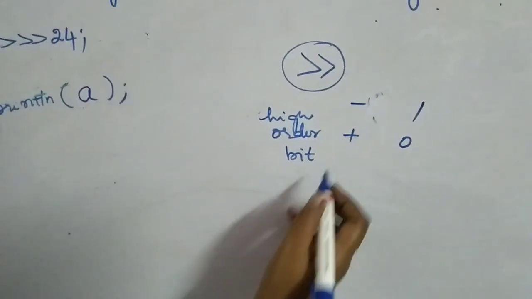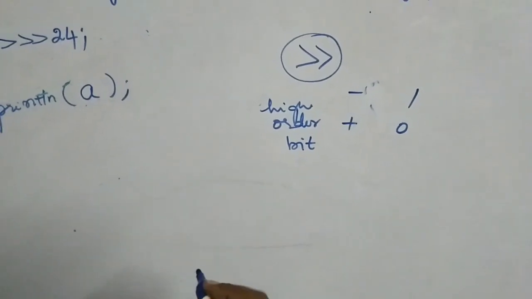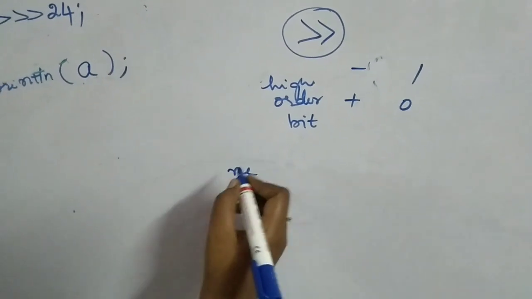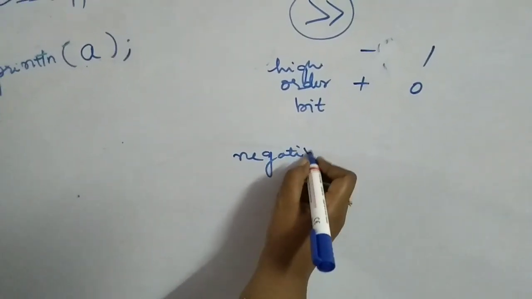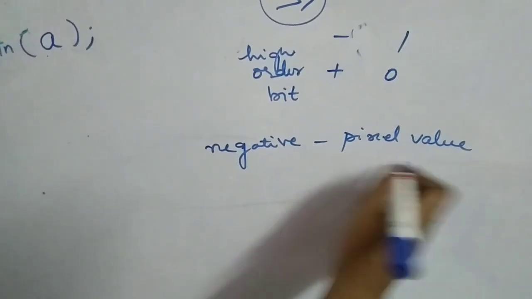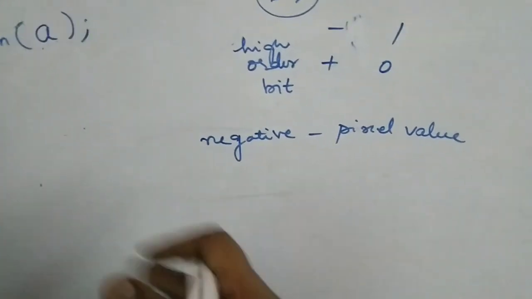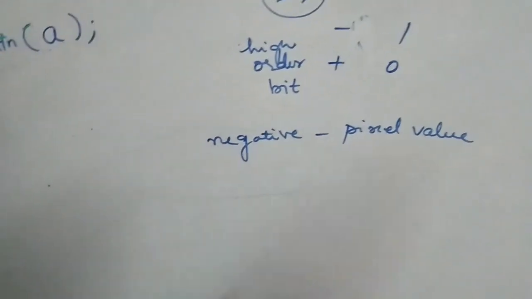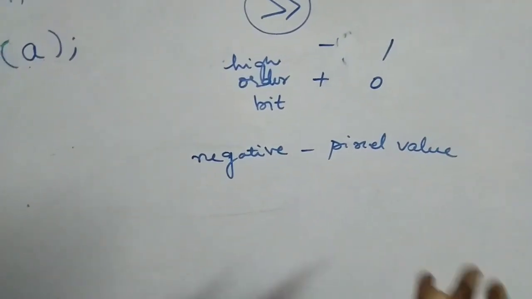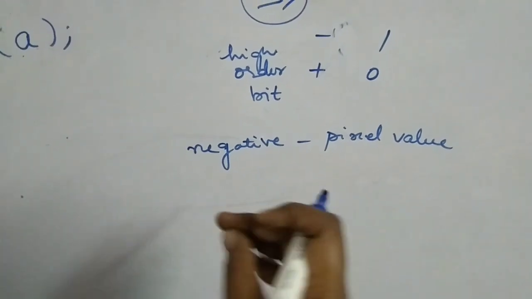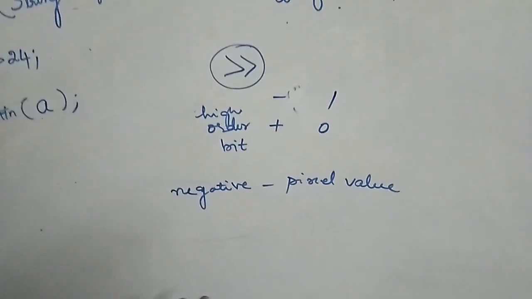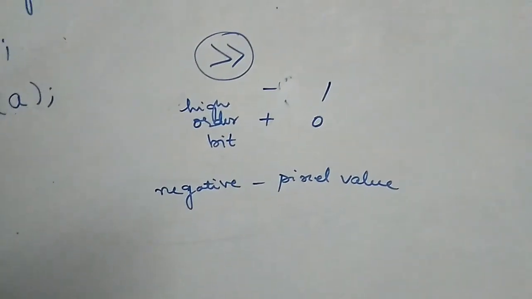But sometimes a value can look like a negative value, but might not be a negative value. For example, maybe it is a pixel value, which has an initial value that looks negative, but it is not. And you don't want the negative sign at all. You want to perform a shift operation on it, but you don't want to retain the sign bit because it is not a number, first of all. In those cases, you will be using this unsigned shift operation.